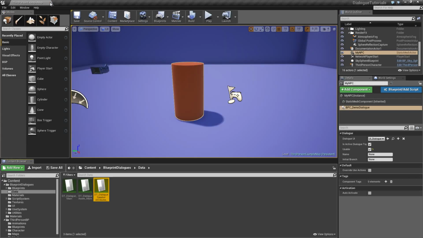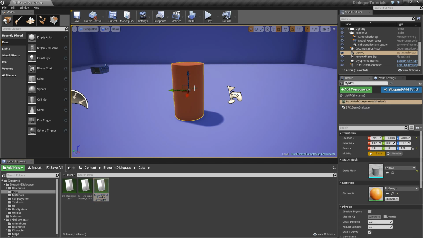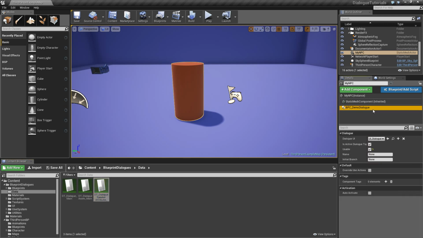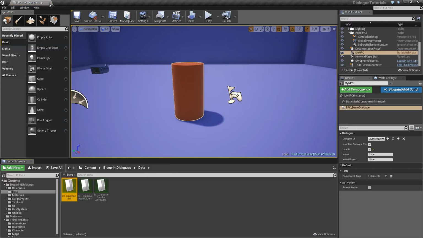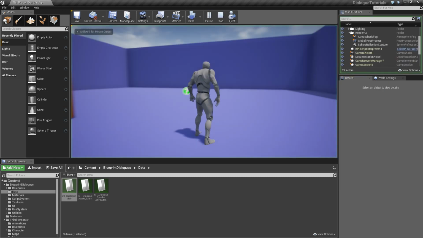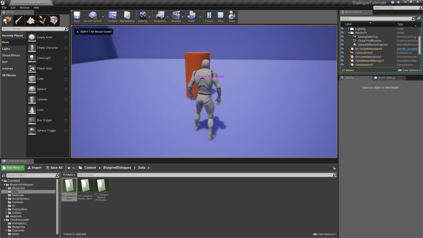What we'll now do is back on our cylinder, we'll go to the component here and we'll give it the initial branch of, what was it, hello? Entry hello. There, okay, so in the initial branch field, entry underscore hello. Okay, so then if we give this a try,